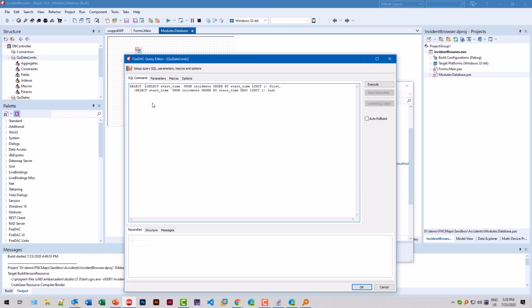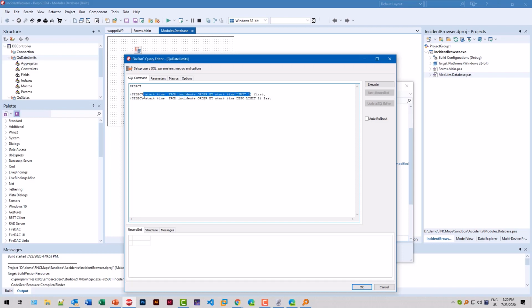So what I did is, and let me tear this apart so you can read it easier, I created two statements. We select start time from incidents. Okay, so that's the column start time, which we just saw, and we order by start time